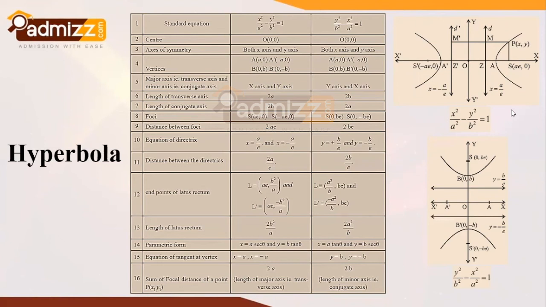Now in hyperbola also we are having two different cases to look out. That is the first equation of hyperbola. We can find right over here the figure which is related to it. And the second part of the hyperbola, that figure you can find right over here. So we need to look out the case which hyperbola is offered to us, whether it is of the form x square upon a square minus y square upon b square equal to 1, or is it of the form y square upon b square minus x square upon a square is equal to 1. So have a look onto this and then undergo with the further simplification of problem.